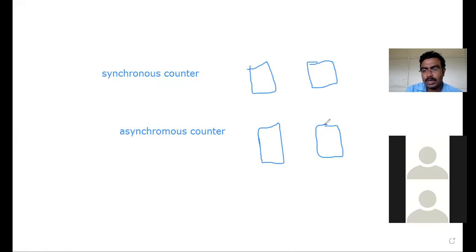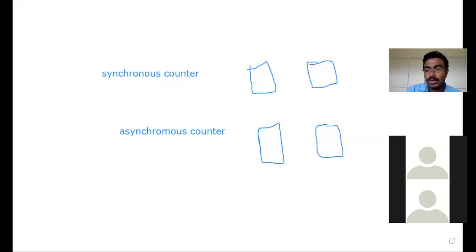Then how the synchronous counter and how the asynchronous counter is going to be triggered is the biggest difference you can find between synchronous counter and asynchronous counter. That is the biggest difference, students. Okay, let me tell you one more time. How we are going to trigger a synchronous sequential circuit or an asynchronous sequential circuit will give you the biggest difference between synchronous counters and asynchronous counters here in the counter, students.